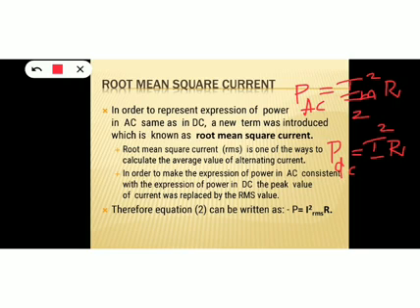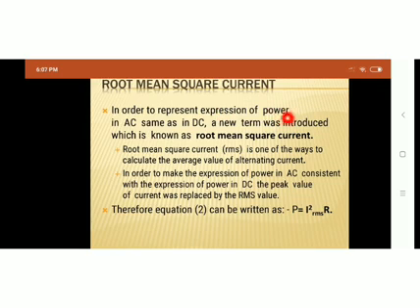When you look at both the expressions of power dissipation, there is a slight difference. In AC circuit, it is Im square by 2, and in DC circuit, it is just I square. So it is inconvenient for us, and it would be very convenient if we could remember both the power dissipations in a similar format. To express power in AC the same as in DC,